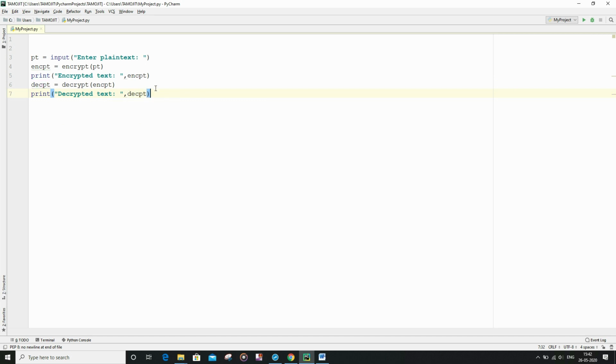So we are done with writing the main code. Now let us jump into writing the encrypt and decrypt functions.